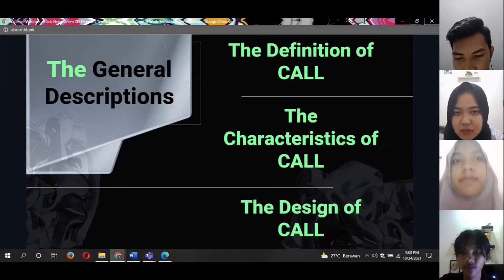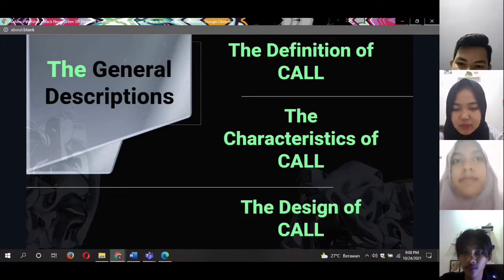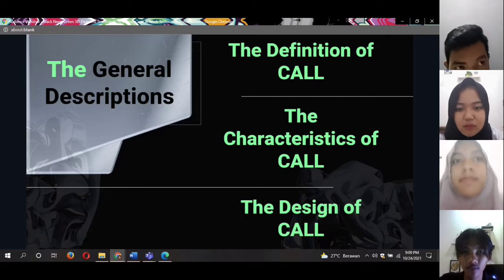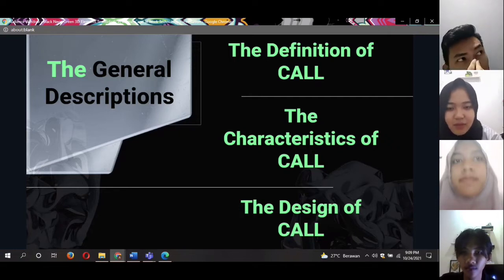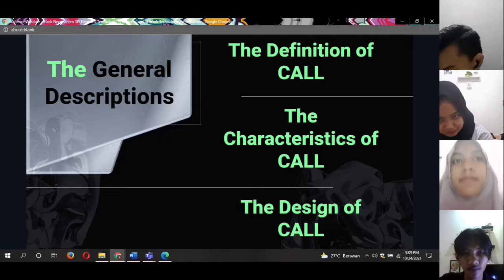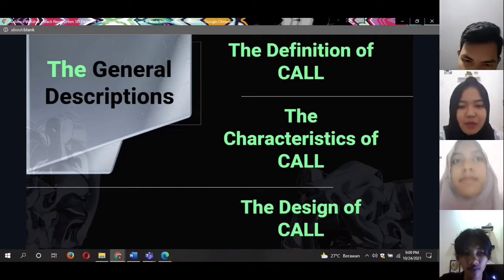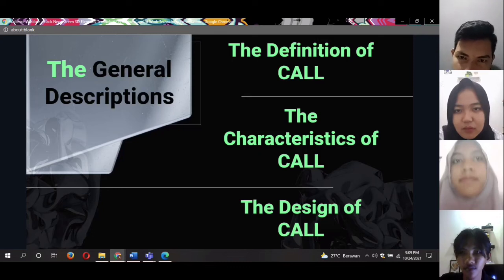CMC comes in two forms. First, asynchronous, such as email and forums, and synchronous, such as text and voice chat. Learners can communicate in the target language with speakers 24 hours a day. Learners can communicate one-on-one or one to many, as well as share audio and video files. And the design of CALL is